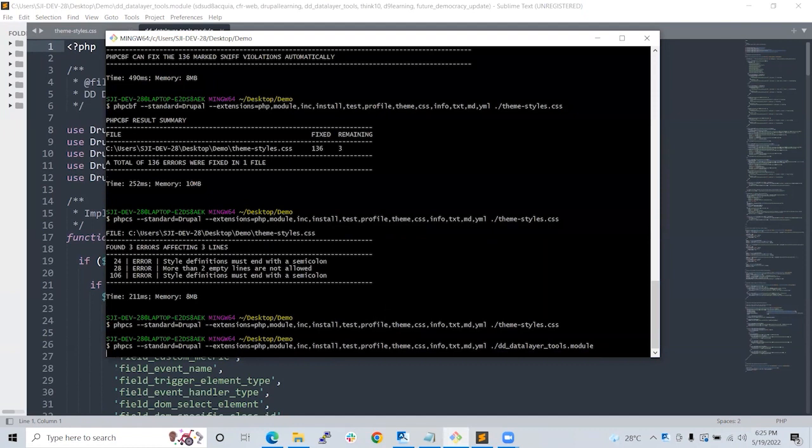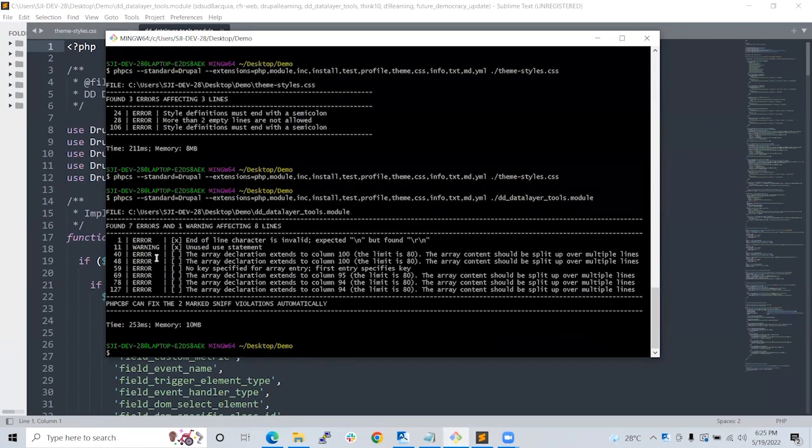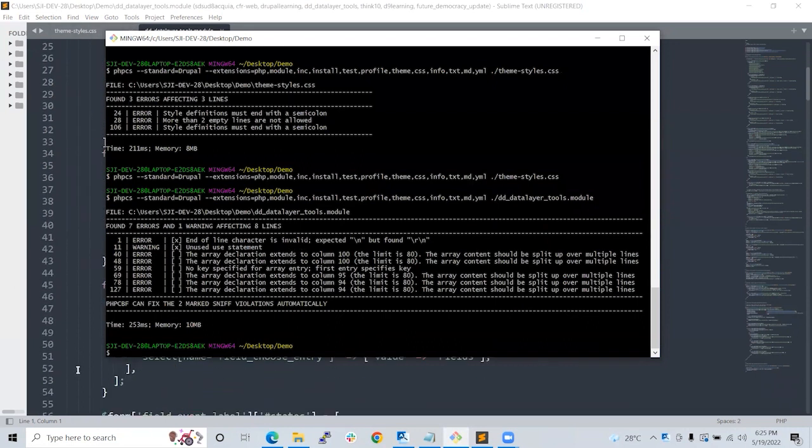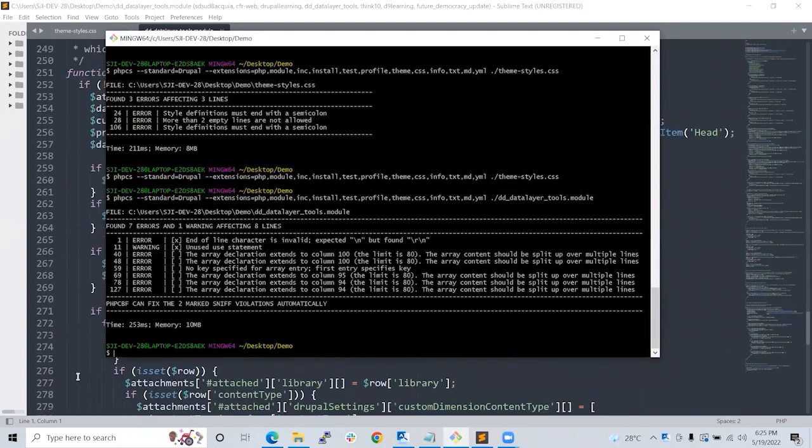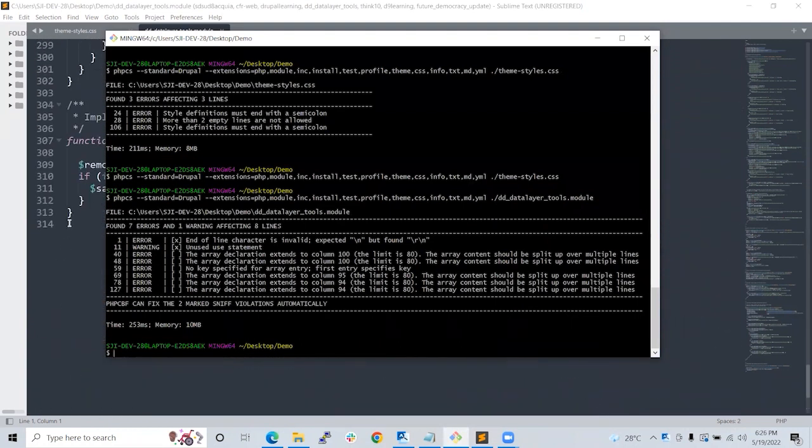If I sniff this file, I'm getting issues again over here. The end of line is not there. Okay, let's see the first one over here.